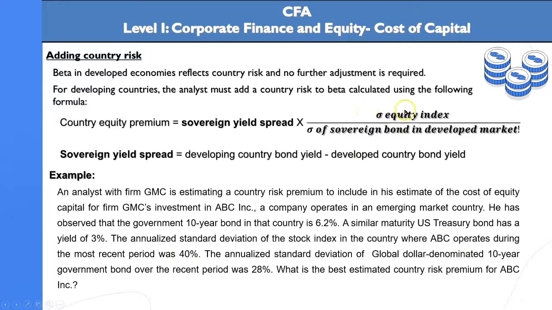We plug here 40%, and the annualized standard deviation of the similar bond of 10 years in a developed country is 20%. So 40% divided by 20% times the spread of 3.2, 6.2 minus 3, that will give us the country equity premium, which we will add to